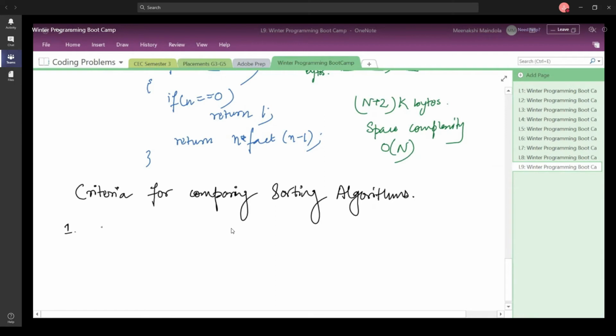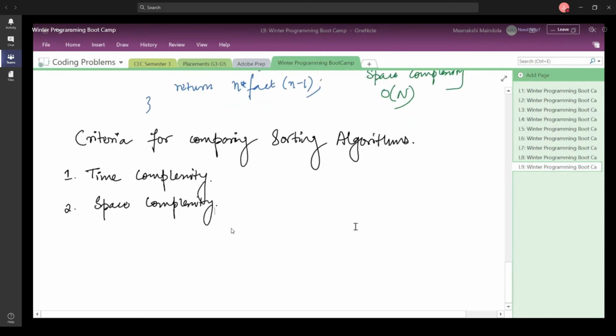The first thing is the time complexity, how much time a particular sorting algorithm is going to take up. You know what time complexity is. The second criteria is going to be the space complexity. If your sorting algorithm is going to take up some extra space, then it is going to have some space complexity. Otherwise, it is going to be order of one.